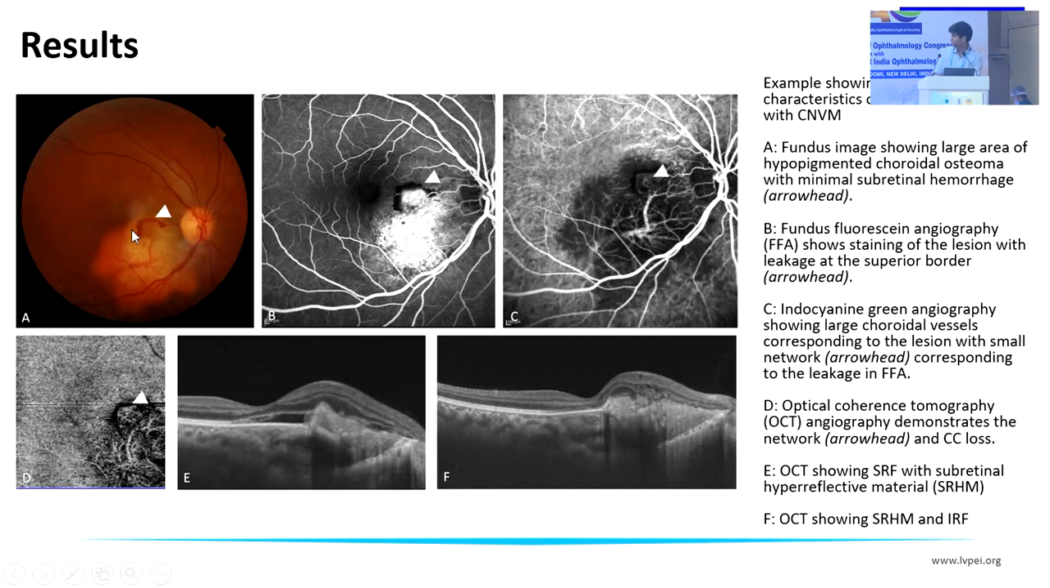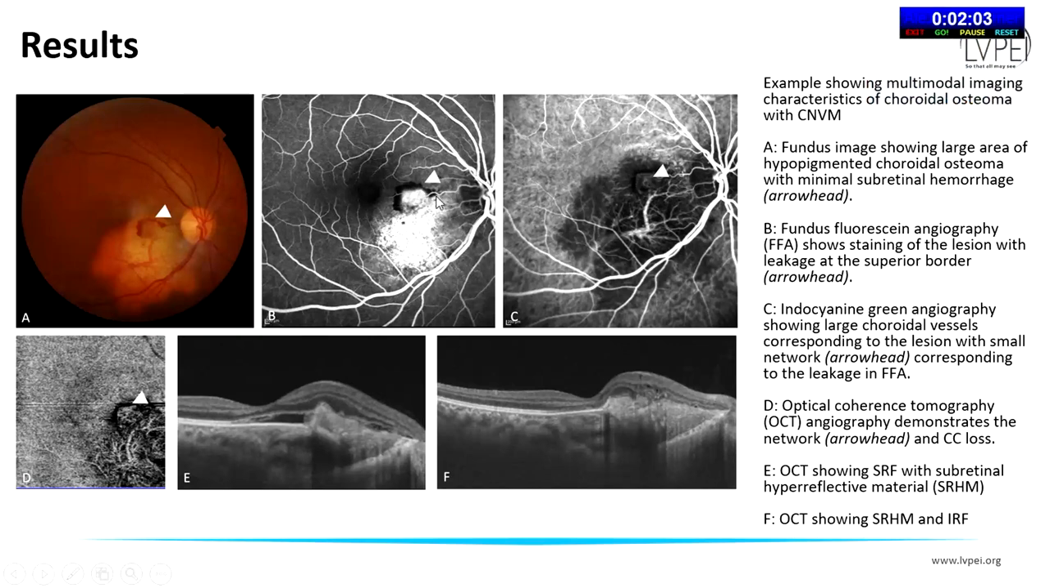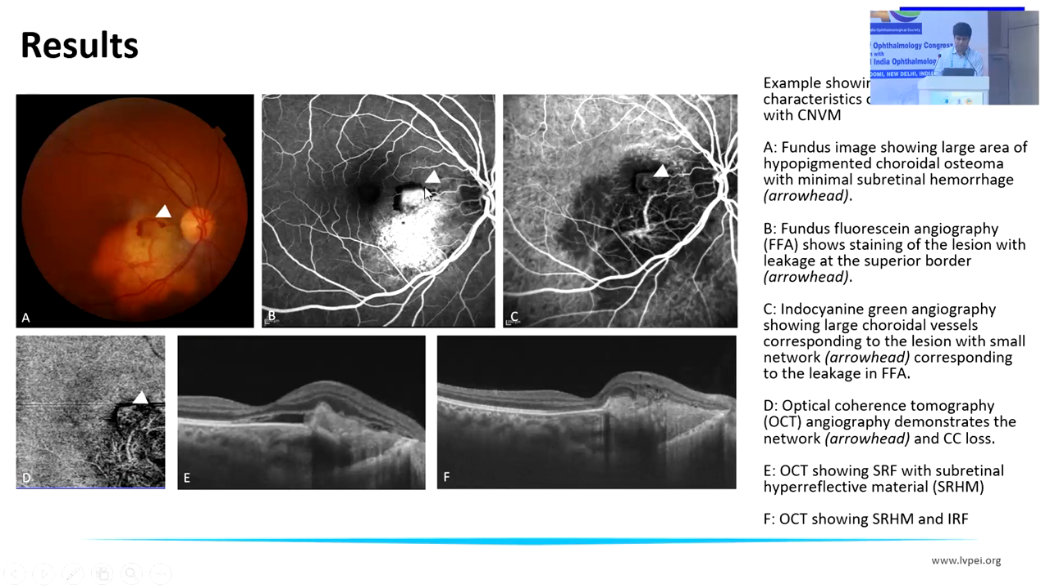So this is a slide describing the multimodal imaging findings. In image A, we can see a choroidal osteoma seen as a hypopigmented yellowish lesion, approximately 5 disc diameters in size along the inferotemporal arcade, and where the arrow points, we can see a subtle subretinal hemorrhage. In this FFA frame, we can see where the arrow points an area of hyperfluorescence and leakage surrounded by an area of hypofluorescence corresponds to the subretinal hemorrhage, and below that we can see the area of staining of the